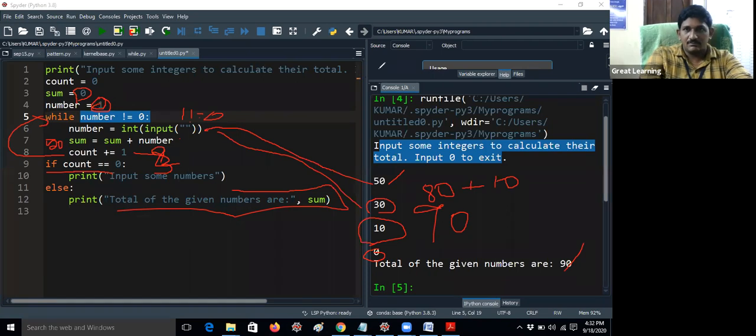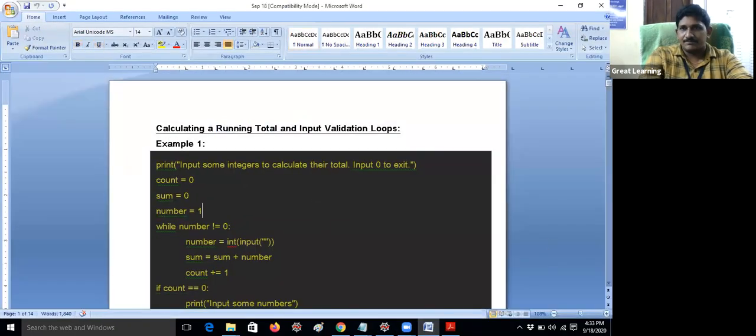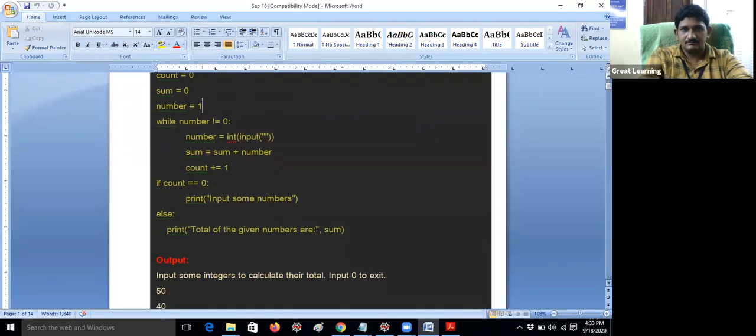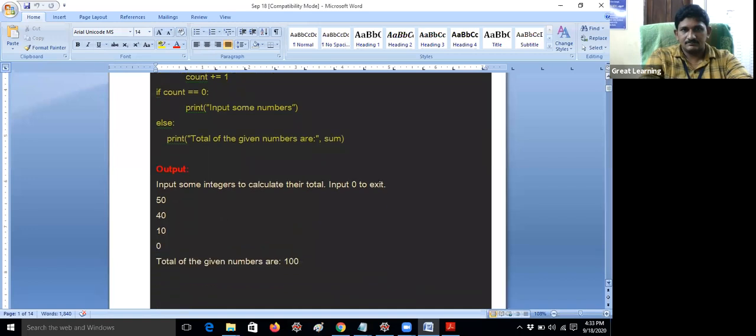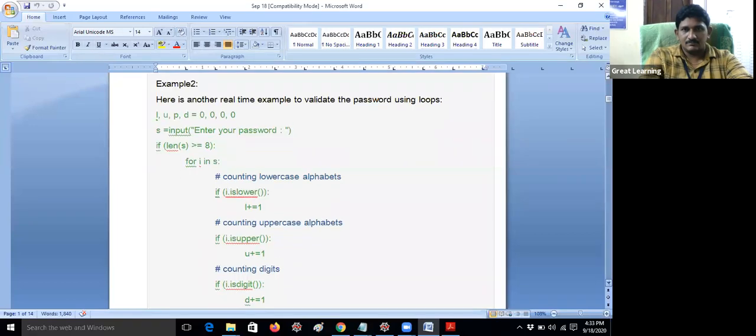One minute, guys, I would like to tell 2 examples, and I think you will definitely like the next example. I'm giving example 2 now. I promised you at the time of string methods, I discussed some methods like islower, isupper, isdigit, right? In that case, I explained one real-time problem to check whether the given number is a valid mobile number or not.